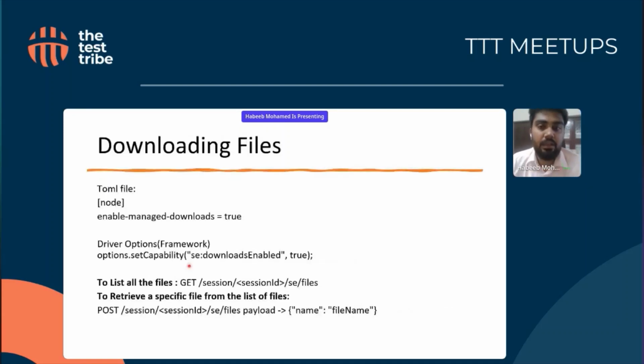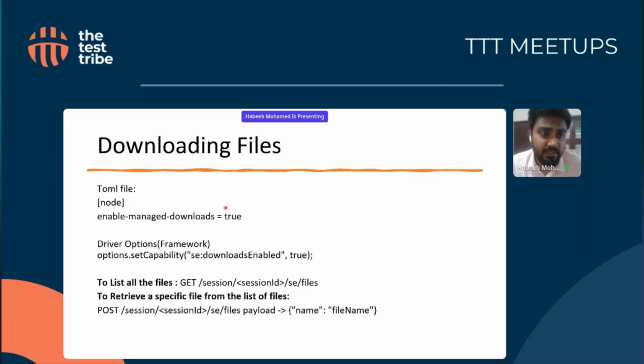And downloading files. You may feel this is out of context, but I would still like to explain this because we have a few scenarios around uploading, downloading, and verifying files. Before Selenium 4.7.2, if I remember rightly, there were no options for verifying downloaded files, and we had to do a few modifications. It's a very tedious process how we downloaded the files and verified them. Also, during this transformation phase, we put it on hold because we couldn't find a solution. But after some point of time, Selenium Grid 4.7.2